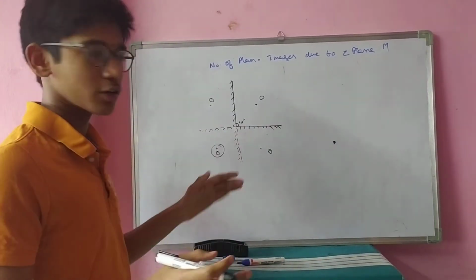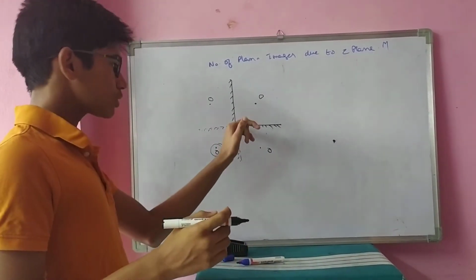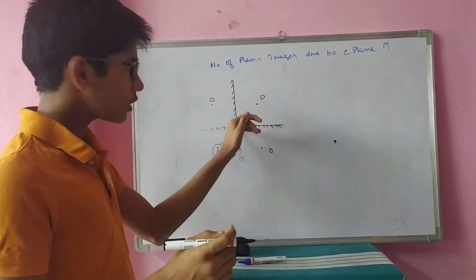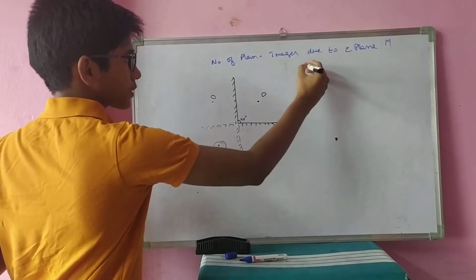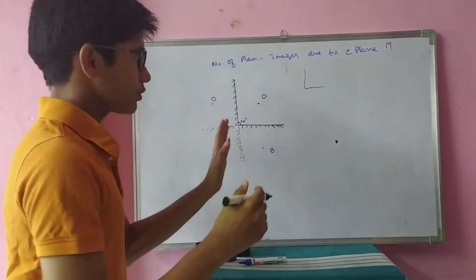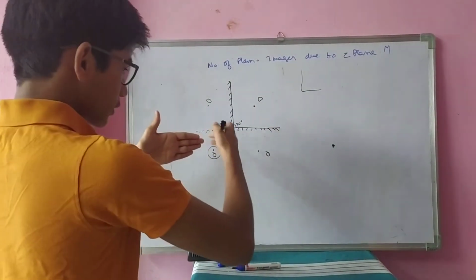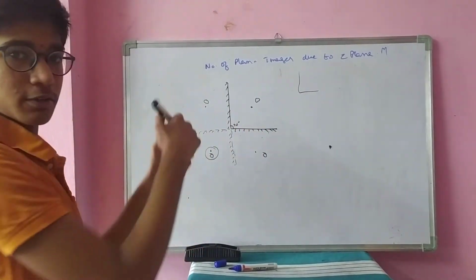If you stand in front of this mirror, you could see here one image, here one image, here one image, here also one image. In trial rooms you could observe mainly these two mirrors. If you are standing in this manner, you could see here one image, here one image, here one image.